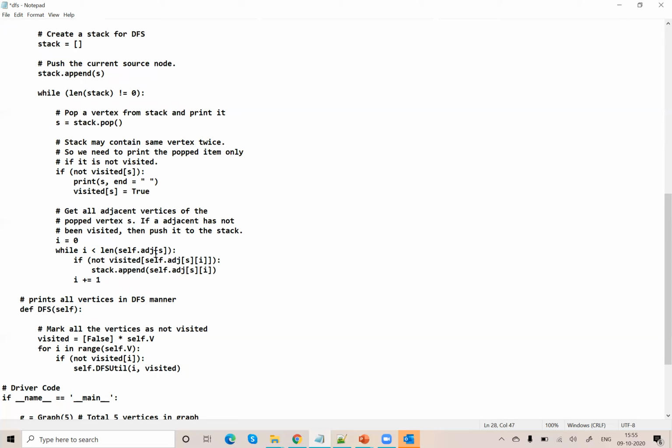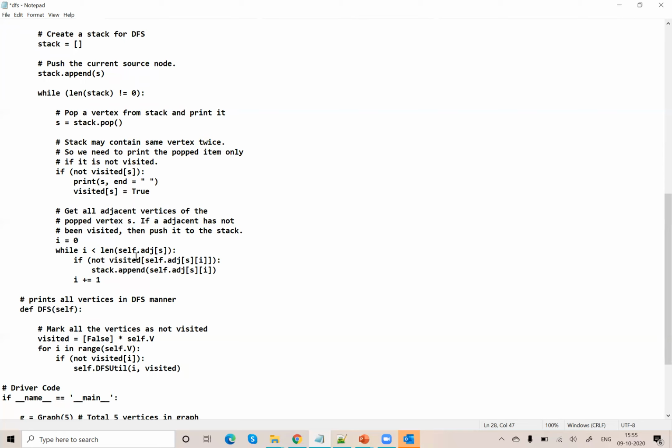After looking into the adjacency list, if not visited of self dot adjacency list of S and I, then stack dot append of self dot adjacency list of S and I. Now I am going to look into my adjacency list.